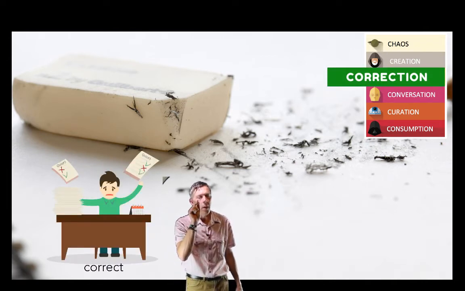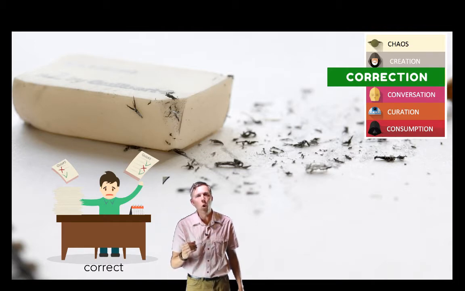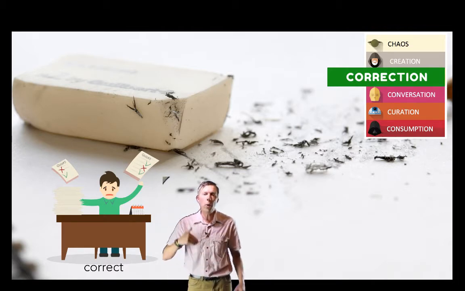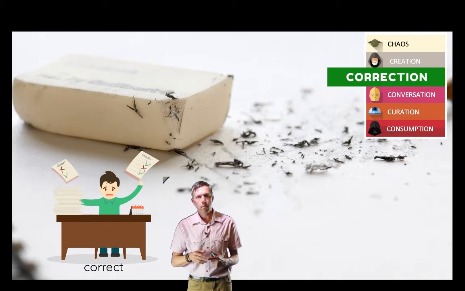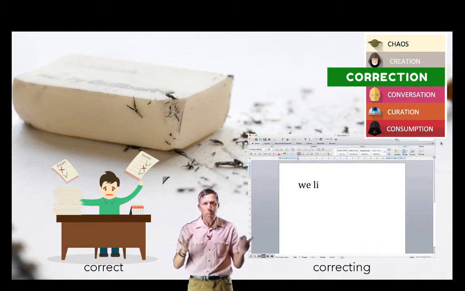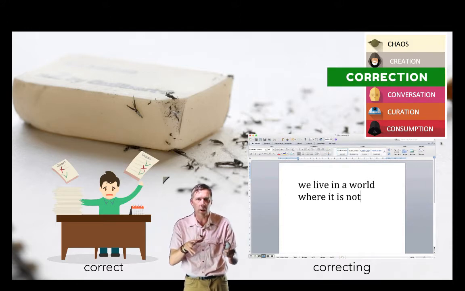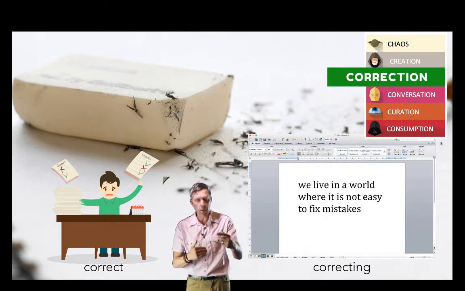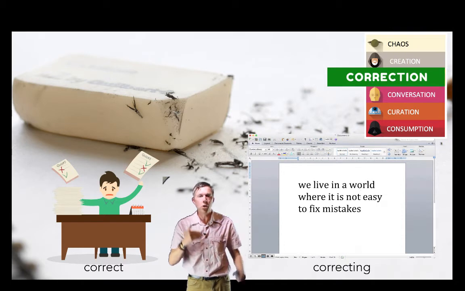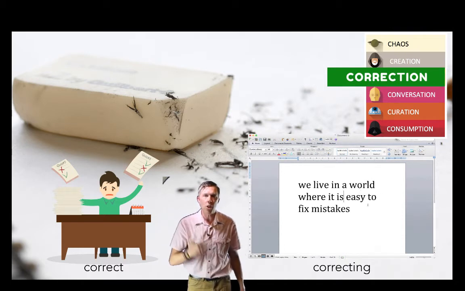Your technology and the modern world is not like that. It's a world about correcting, where we are constantly improving. Take this presentation. It didn't suddenly appear like this. There were 5 slides, 10 slides, then there were 20 slides, then I edited those, and there were 17 slides. Or when you write something, you write a letter or you write a document, it's not right the first time. You edit it and you edit it.